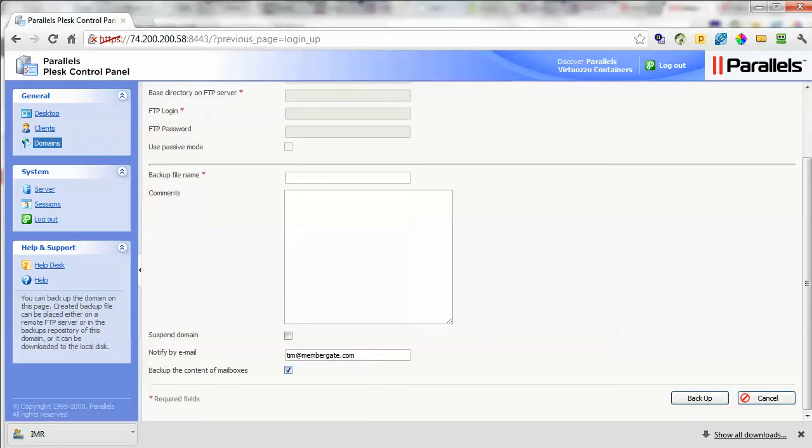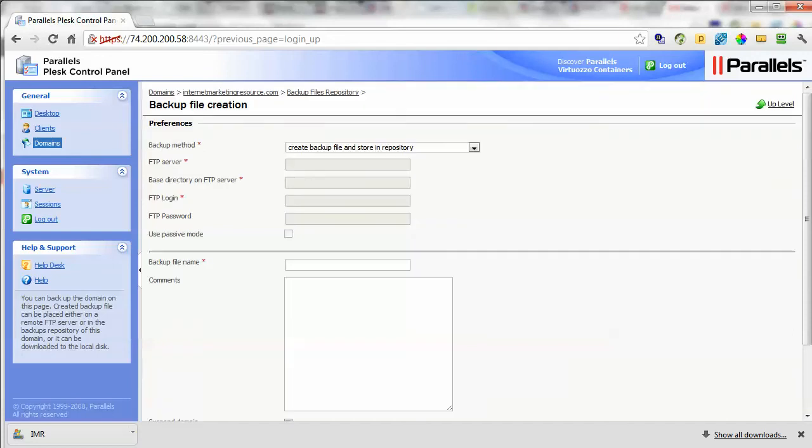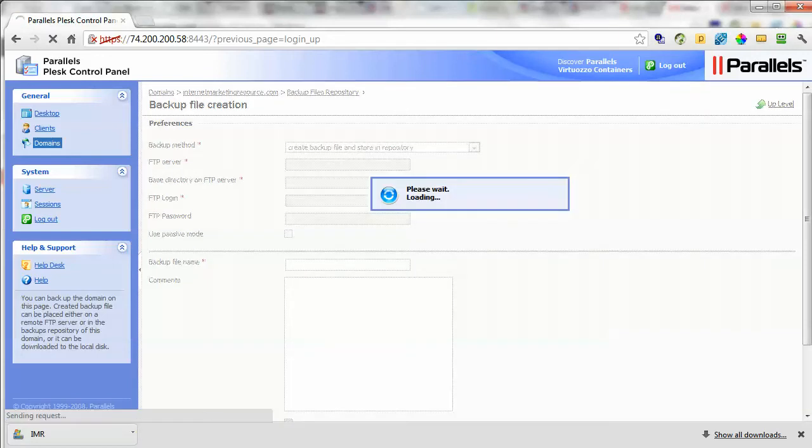And then if you want to back up the content of your mailboxes, that's your choice as well. Then just click on the backup button, bottom right. That would start the backup. It may take an hour or more, may take less, depends on the size of your site. If I go back to the backup area,